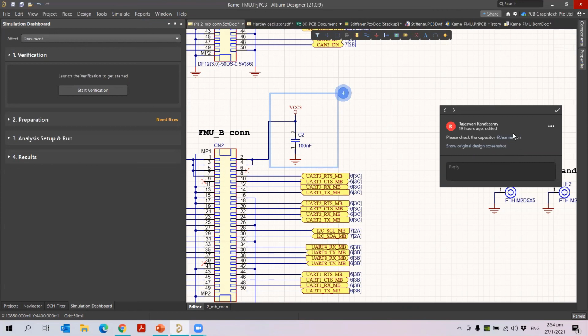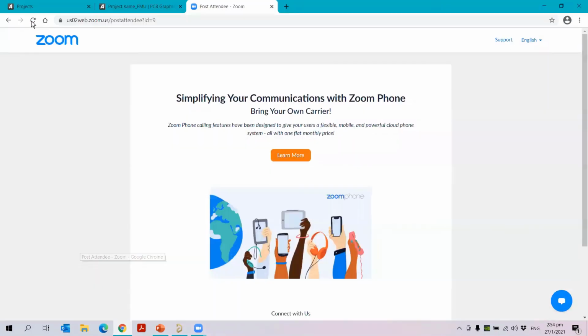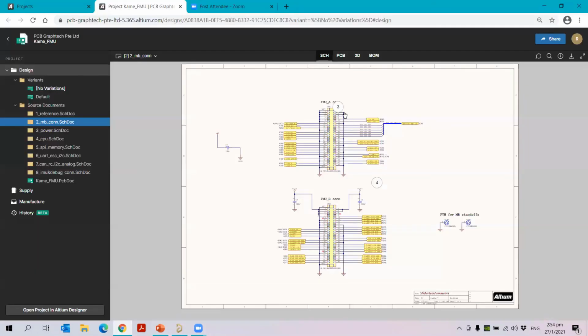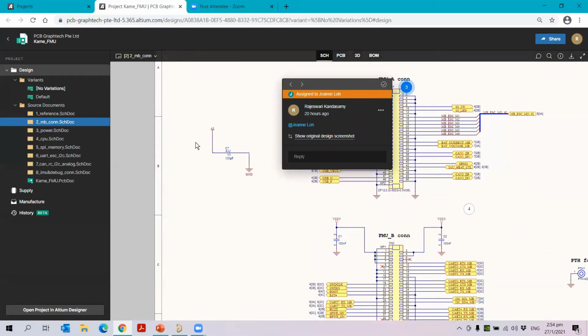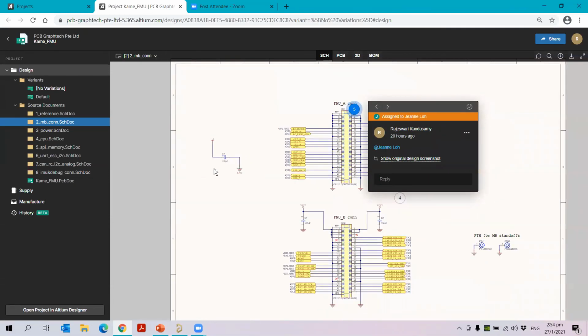Okay, so my colleague will be receiving the email, and she can also see it in Altium 365. What is the comment, and then she can also edit and reply to me in Altium 365. For example, you see the comment here. So she has edited and then she has also given me some messages. Okay, so this is her file in the server. We have the original file. You can see it. She has the component. Okay, so this is how you can do the changes in Altium 365.